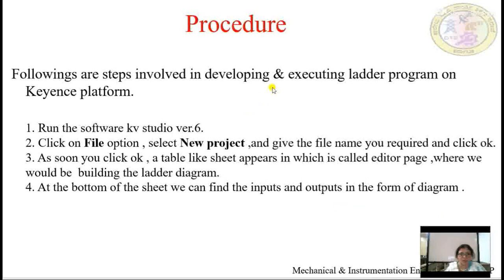This procedure we have just seen practically by running KV Studio version 6, and we developed one simple program to understand how to develop a logic program in KV Studio, and have seen developing it, running it and checking the output status.